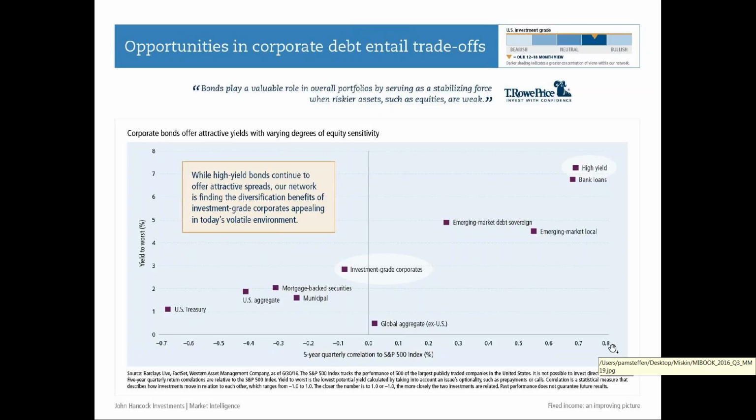That being said, there's some that don't. High yield, for example, actually has a high correlation to stocks, all right? So they are a riskier asset class. That being said, they have a higher starting yield. Right now, this yield's actually come down since the publication of this book. It's about 6, let's say. As I said earlier, though, based on current valuations for equities, you're looking at maybe a 5 to 10% return at best, and high yields yielding about 6.